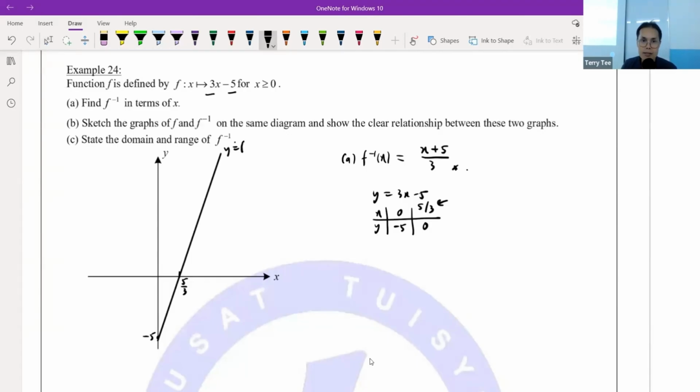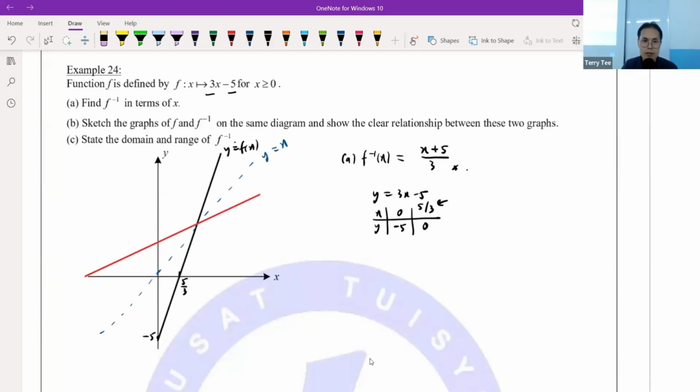This is your y equals f(x). Now, the second one I'm going to draw is the line of reflection, your axis of reflection, y equals x. Normally, we use the dotted line. Draw here, y equals x. And the third line I'm going to draw is your